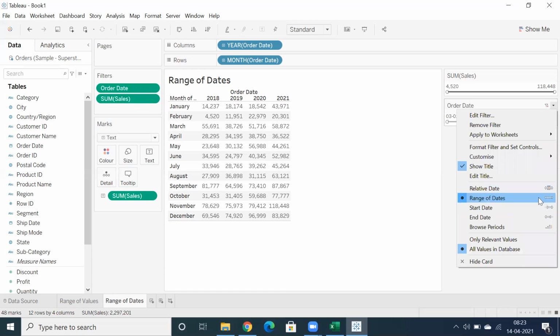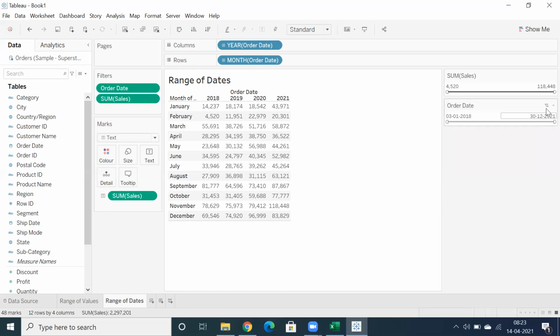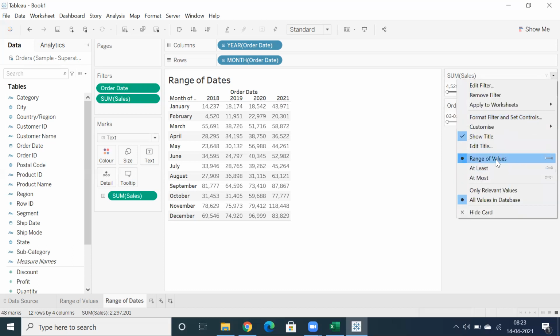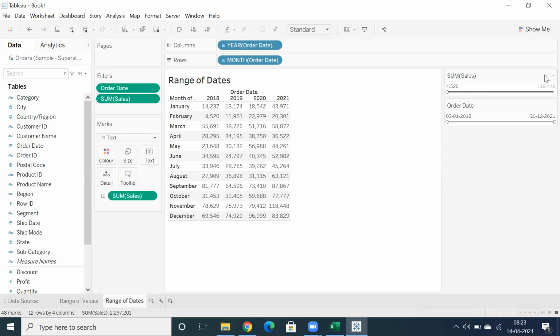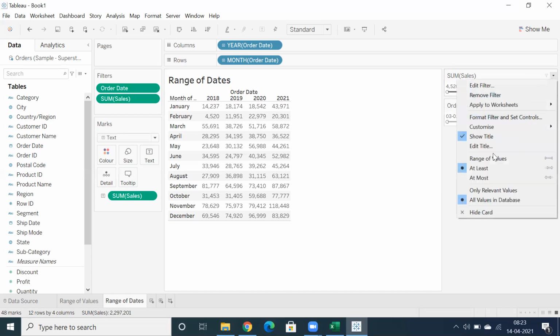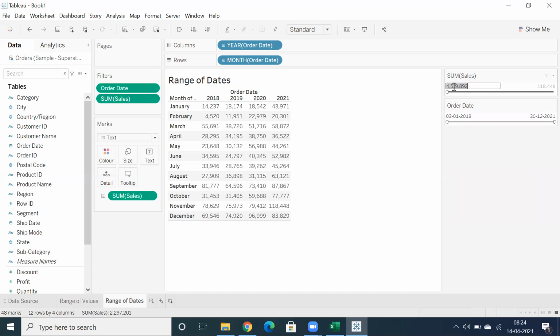This is the flexibility we have, as I said. What filter are we showing? Range of values. Is the dot a special definition for range of values and all values? It's simple. It's the selected indicator. This black dot says you selected at least, meaning you can provide a minimum value but not a maximum.